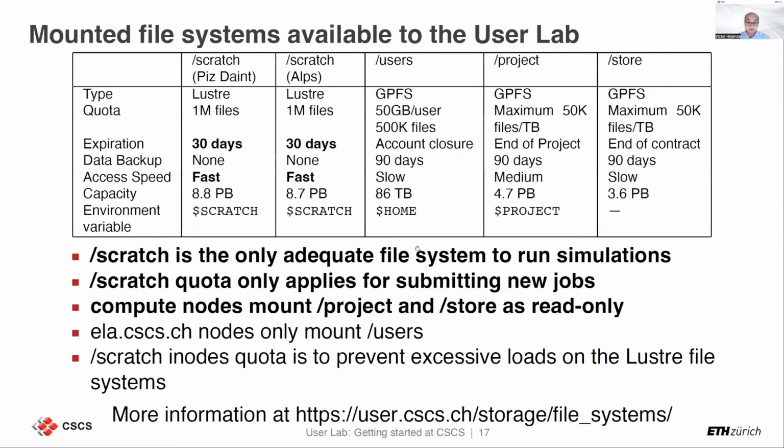So related to the file systems that are mounted on our user lab, we have some, right? We have the Scratch file systems, depending on where you end up. If you're going to Daint, you have the /scratch. Daint has an 8.8 petabyte Scratch, and if you go to ALPS, it's an 8.7 petabyte Scratch file system, two different file systems. But you also have the /users, which is your home folder, and /project, which is the project that you can apply for, and store can also be applied for. In general, store is associated to people who have contracts at CSCS. If not, then if you apply for long-time storage, you can get a /project